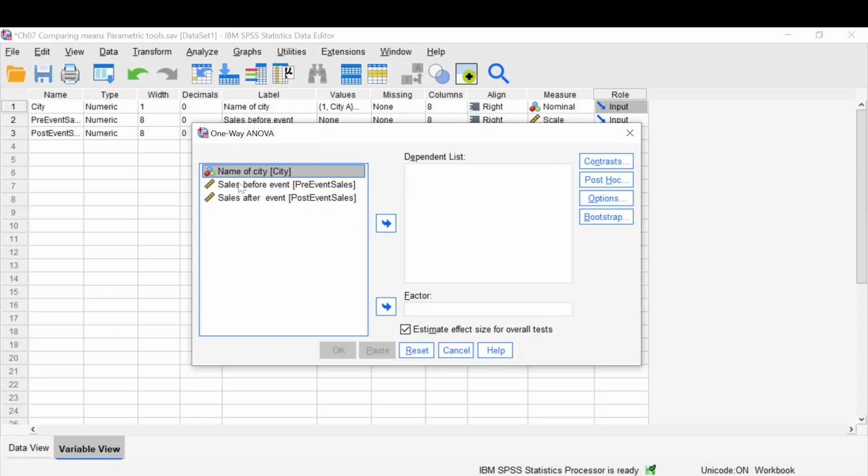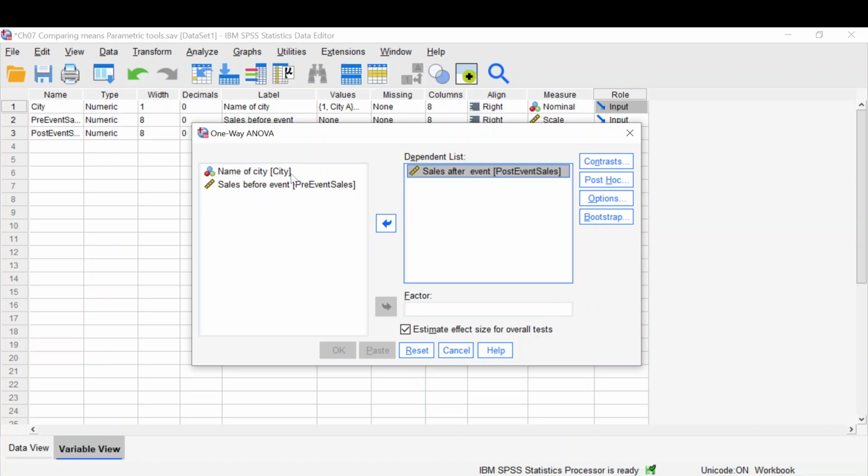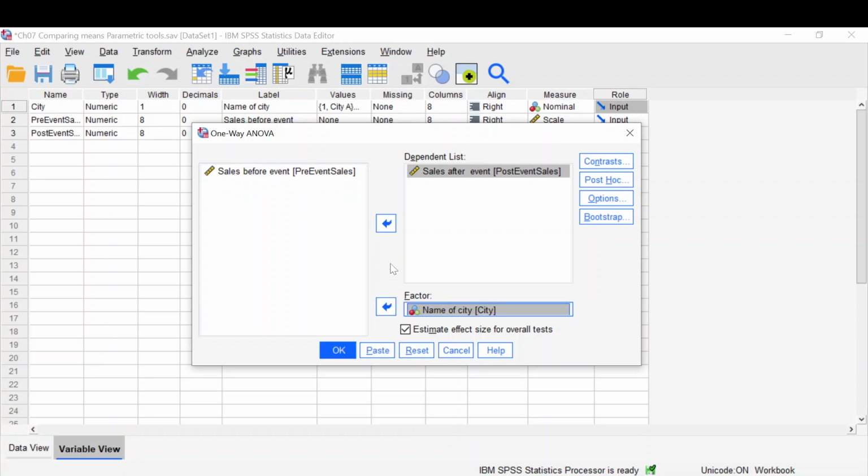So what do we want, before event or after event? Well, in this case, as I said, our interest is in after event sales. So we move that to our dependent list. And for factor, we're going to bring name of city, the city itself, over to our factors. And then we're going to select a few options. So here